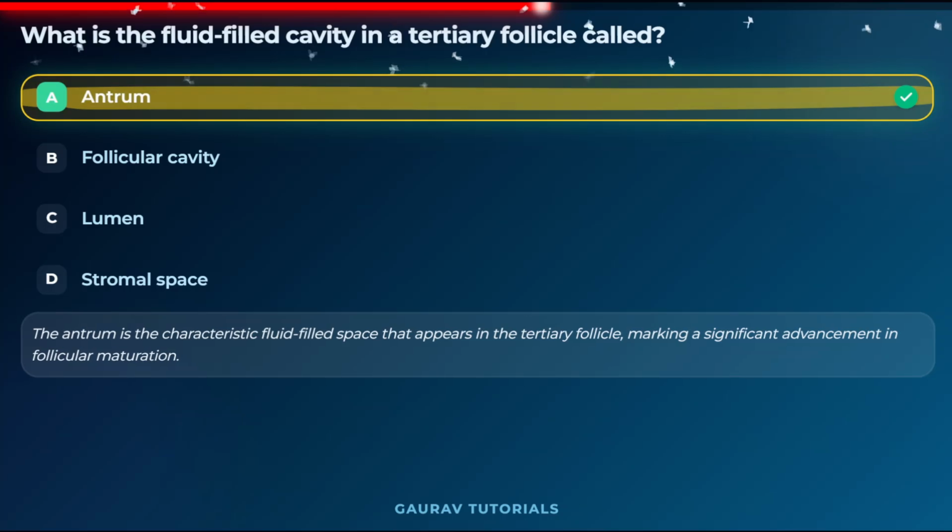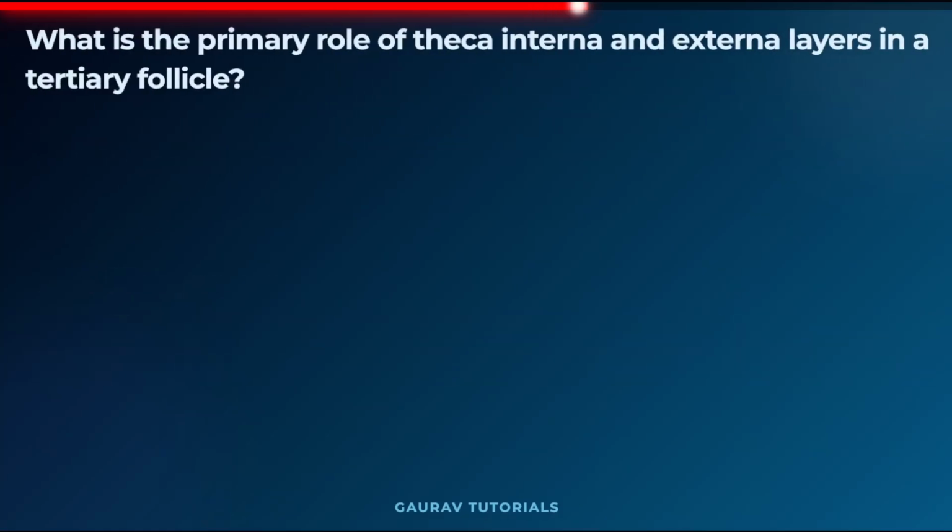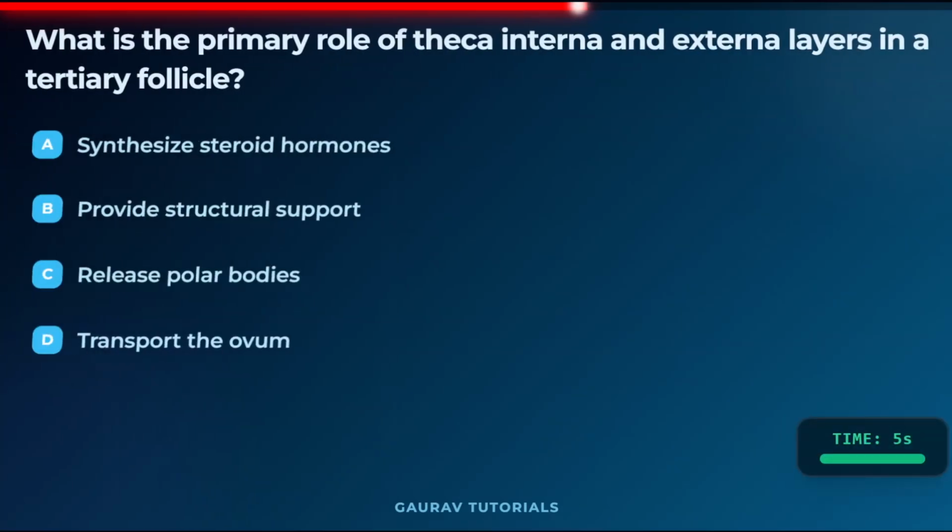The correct answer is option A, antrum. The antrum is a characteristic fluid filled space that appears in the tertiary follicle. It marks a significant advancement in the follicular maturation. The next question is: what is the primary role of theca interna and externa layers in the tertiary follicles? The options are: